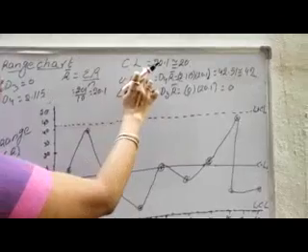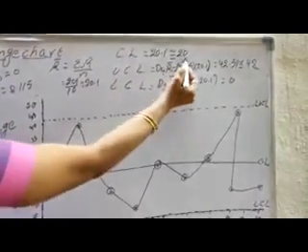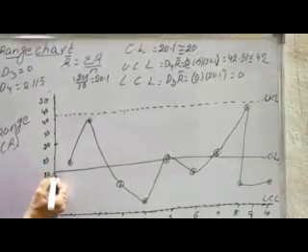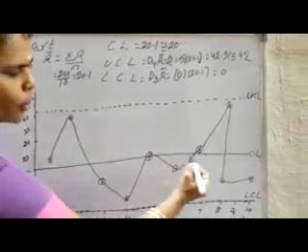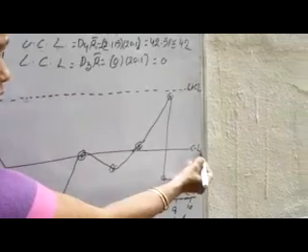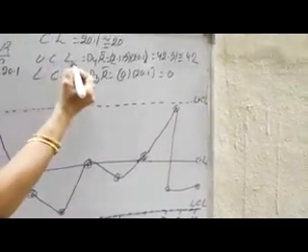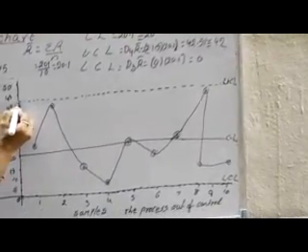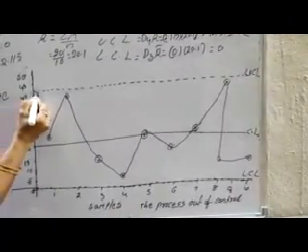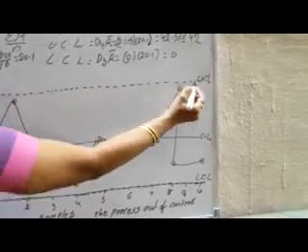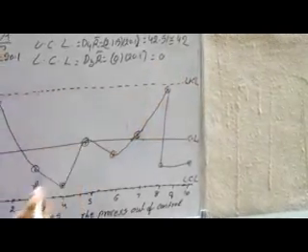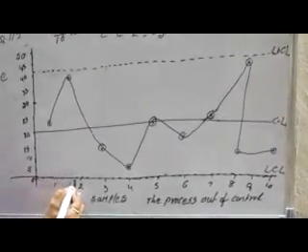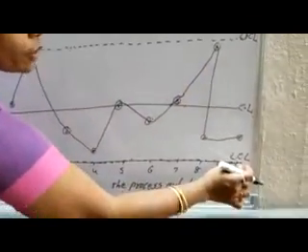Now, first of all you have to plot the control limits. First the control limit is 20. Therefore, for 20 you can draw a straight line, that is one horizontal line. I am drawing a straight horizontal line, that is the control limit. Next one is the upper control limit 42. 42 is the plotting of the point here. Upper and lower limits are plotted with a dotted line. Therefore, with a dotted line I am plotting the upper control limit. The lower control limit is 0. 0 is always included in the given baseline. This is the baseline. This is the lower control limit.